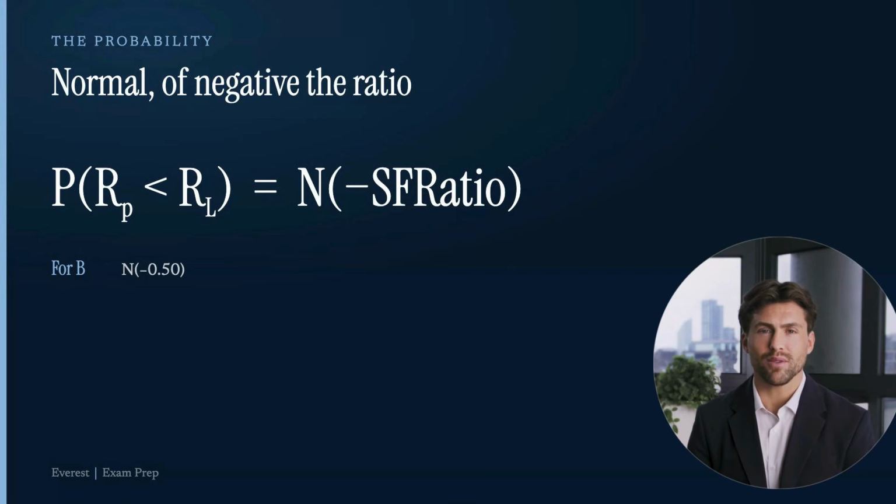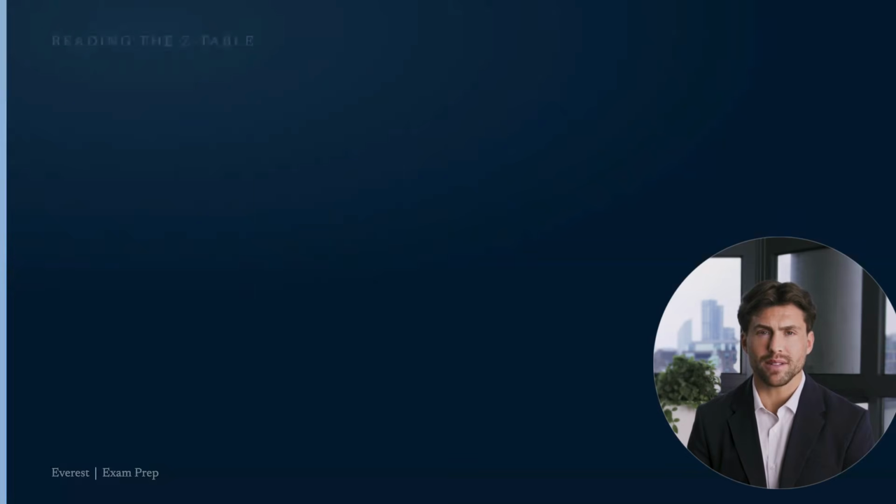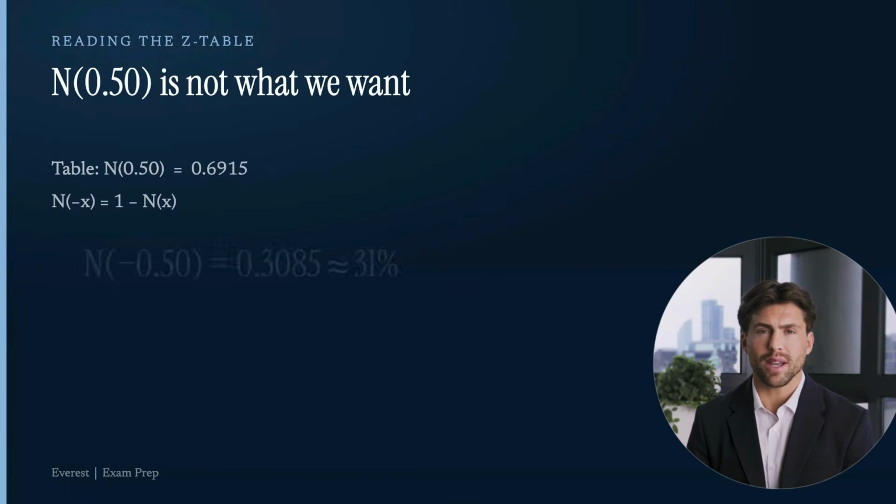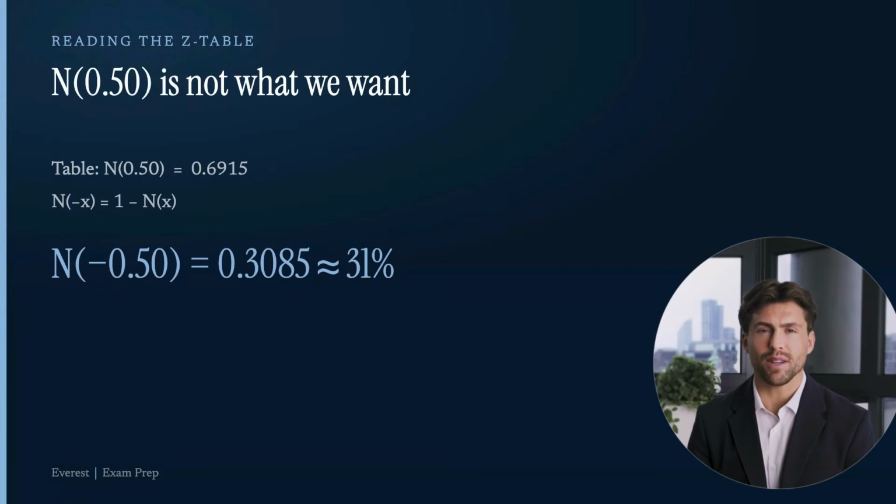For the safety first optimal portfolio, the probability of falling below the threshold is N of negative the safety first ratio. For allocation B, that's N of negative 0.5. Here's where people trip. Your calculator doesn't have a button for this. You need the cumulative normal table from the exam. Find 0.50 in the table, and you'll read off